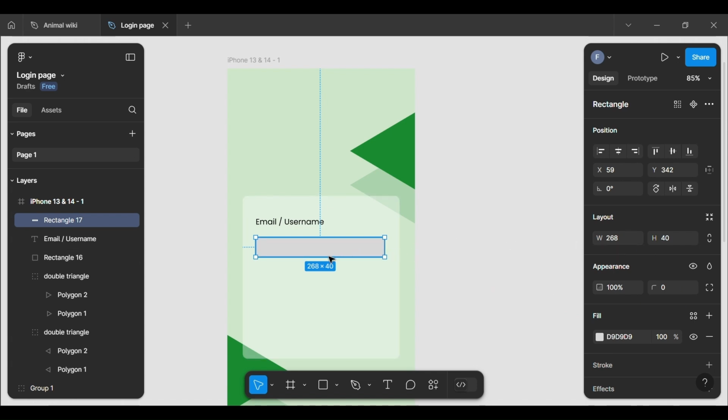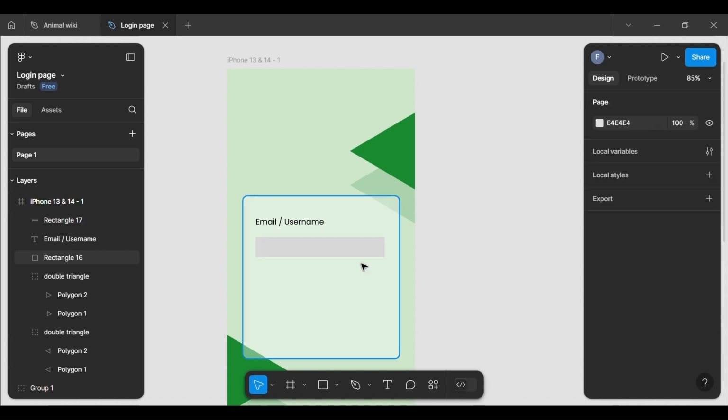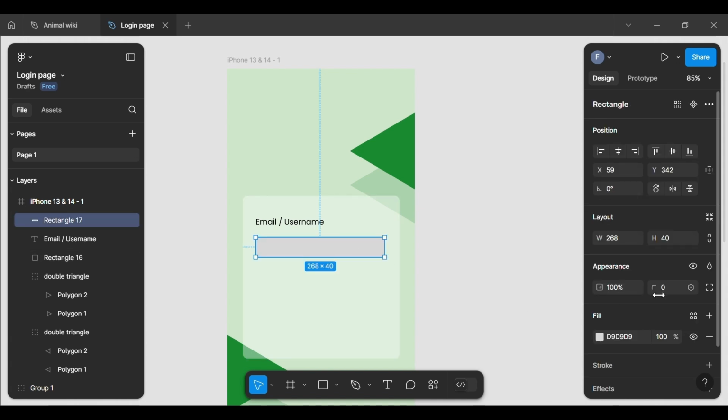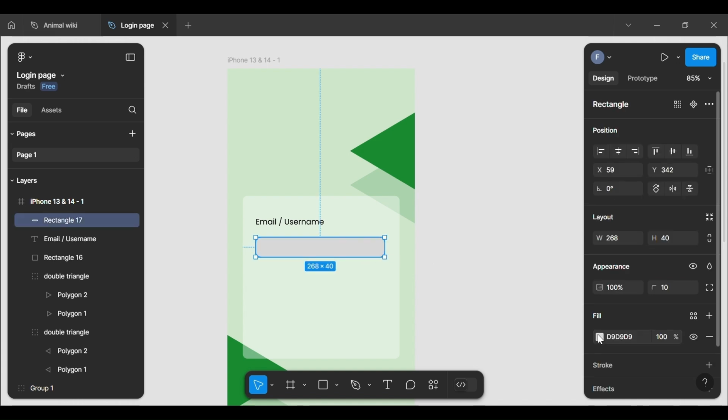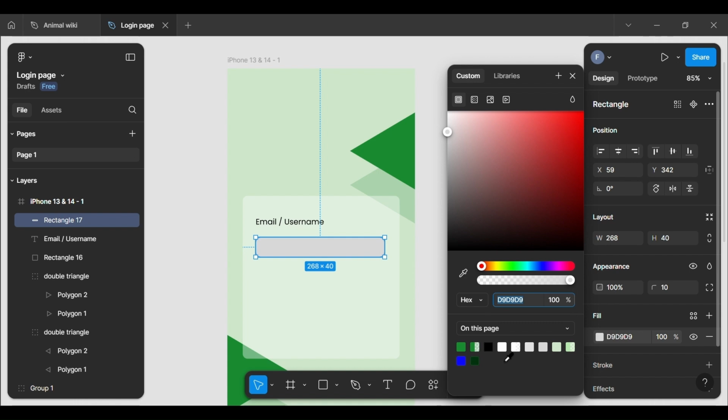Okay. Let me reduce this a little bit. I think the height of 40 is okay. So I'll use the height of 40, something divisible by 8. Then add the corner radius to it, corner radius of 10. Then I'll change the color to,